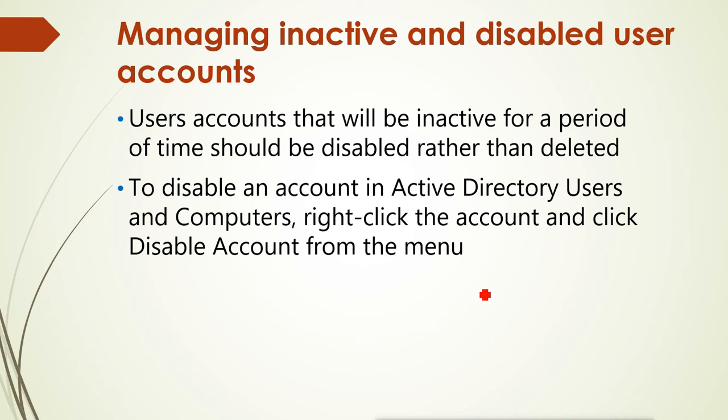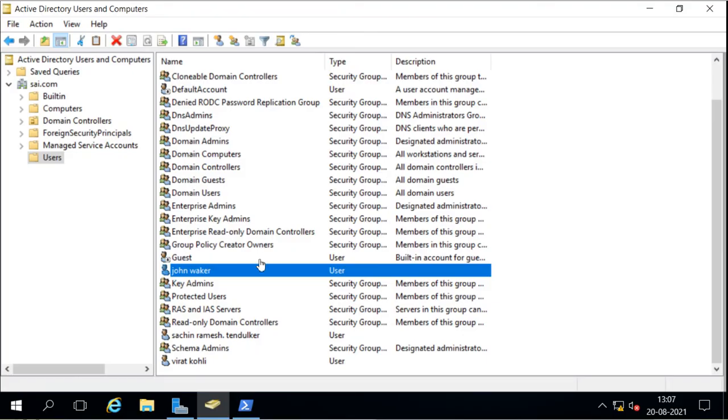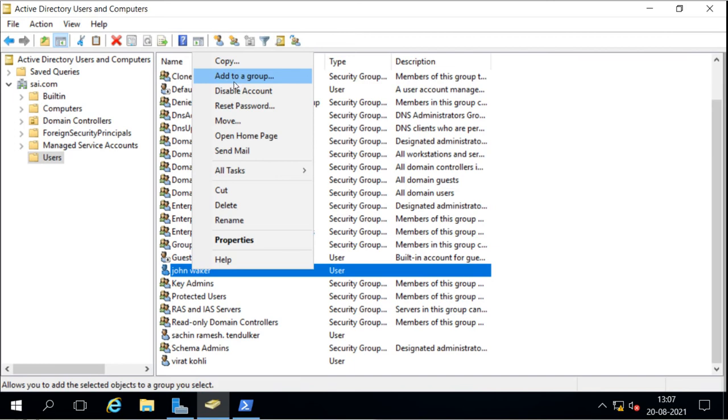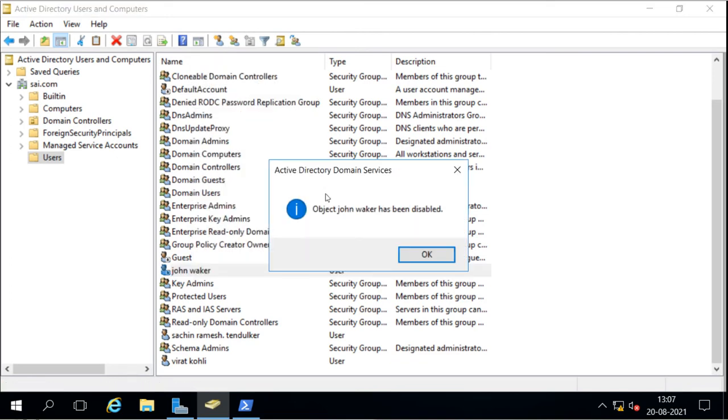We can right click on the account and select disable. For example, I want to disable this account, so I right click on it. I can do many other things, like copy, add to a group, disable the account, reset password, move, set home page, and send mail. I want to disable, so I click on disable and the account will be disabled.